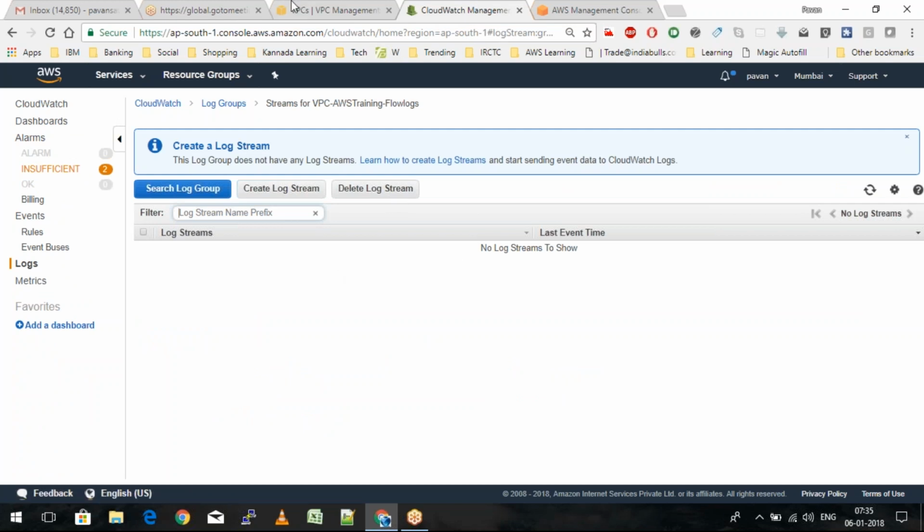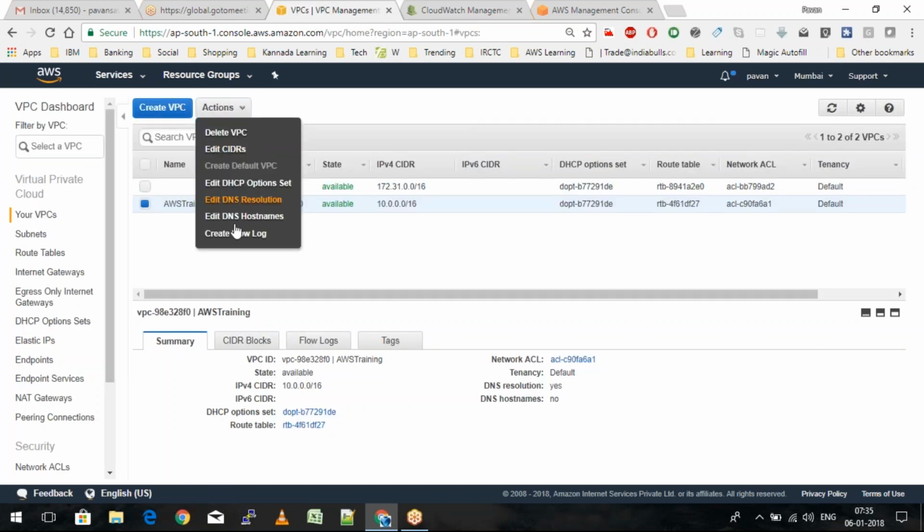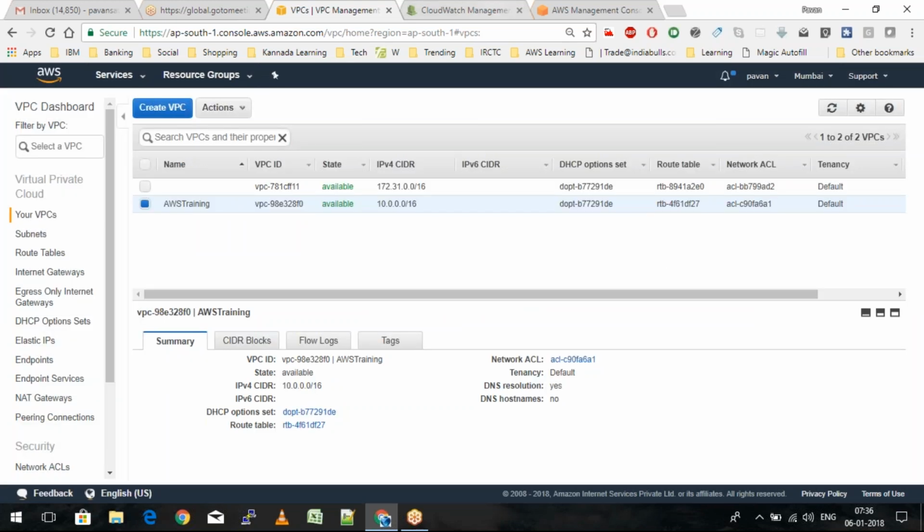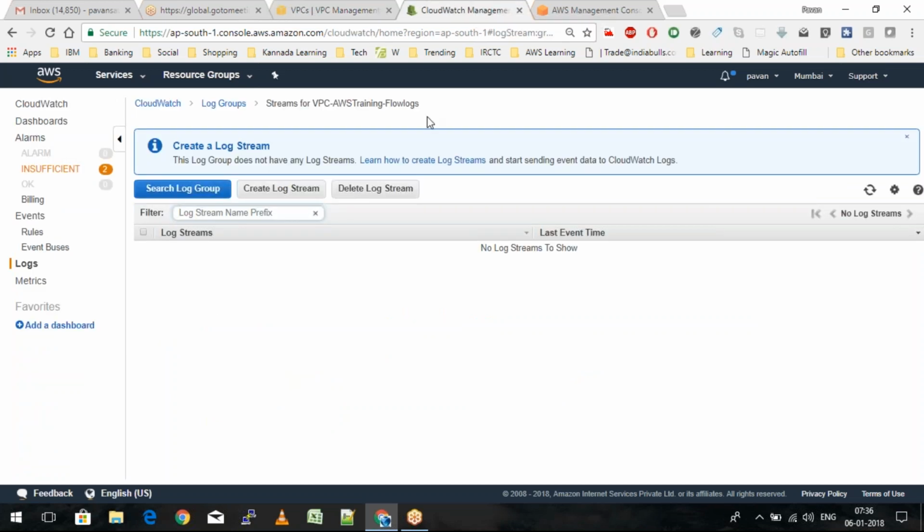It basically comes with two different requests. One is accept, as we saw when we were trying to create it. One is accept and the other is reject, right? So we create the flow logs, and those flow logs can also be sent directly to third-party tools like Splunk or something else, so that you can generate analytical graphs and other things. So maybe we'll just wait for a little while here. Automatically these flow logs will come into this.